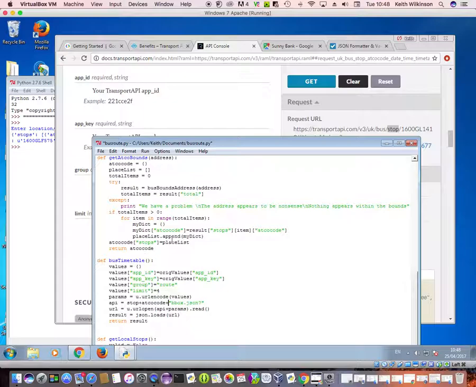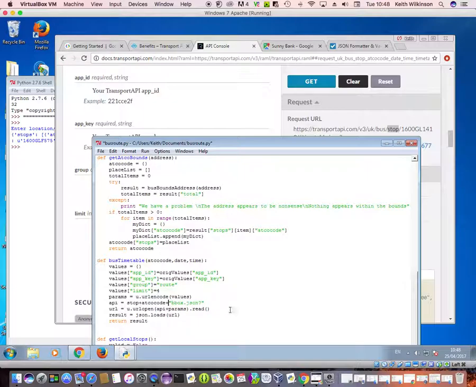Remember what we need are three things. We need the @co code, which we found from here, but we also need to supply a date and time. So I'm going to pass those into my function. So there's my @co code and my date and my time,